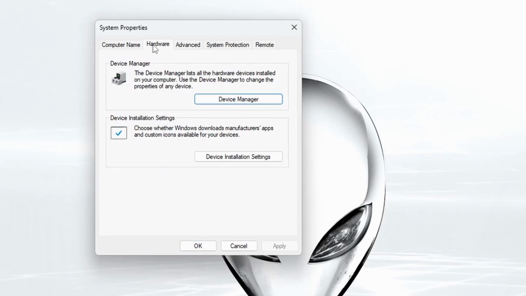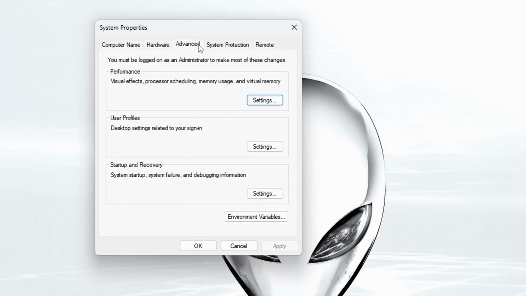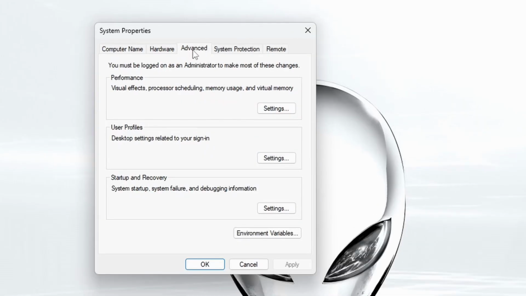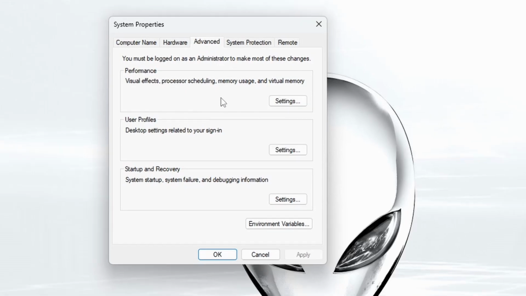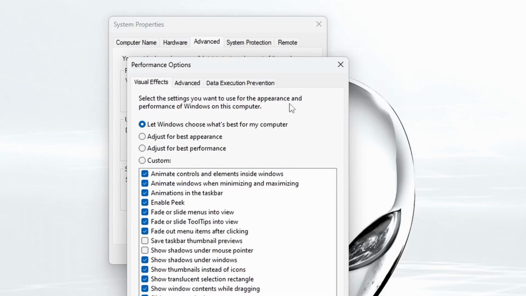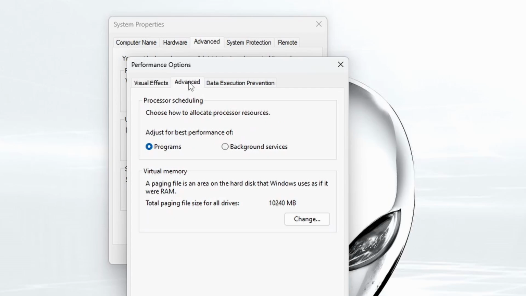So if we go on to System Properties and then click on the Advanced tab at the top, and then go to the Settings area in Performance. So Performance, Visual Effects, Process Scheduling, Memory Usage and Virtual Memory. If we click onto that, and in this Performance Options menu we then click on Advanced, then we